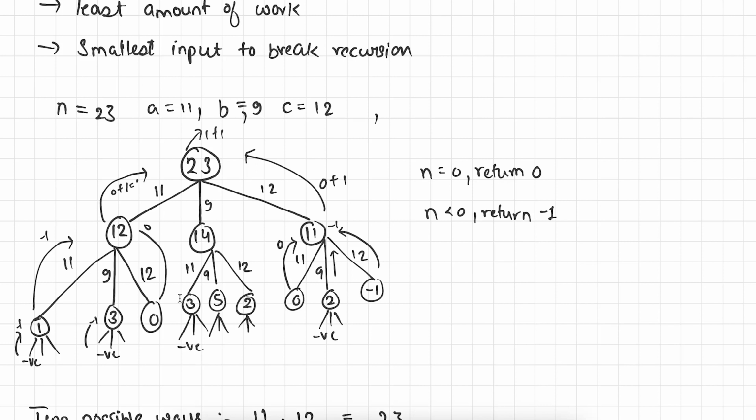Now we do not have any remaining rope so that we can make further cuts. Okay. So now see here that the size of rope is 14. And again we are going to make 3 cuts of size 11, 9 and 12. Okay. In case of 11 we end up getting rope of size 3. In case of 9 we get 5. In case of 12 we get 12.